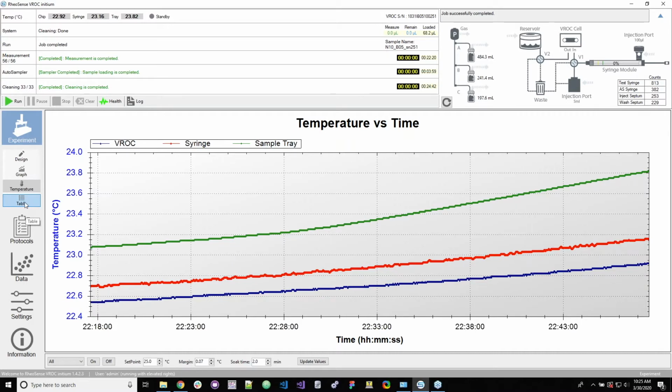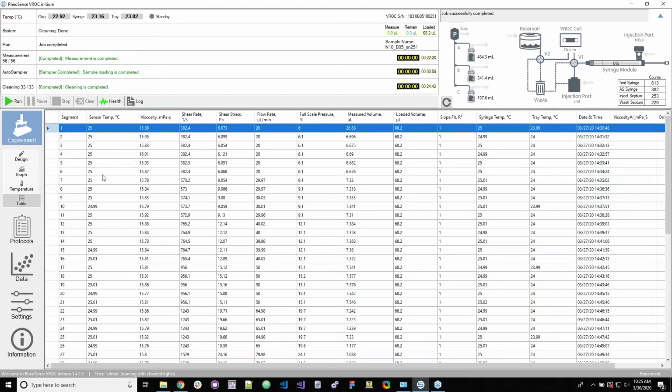And so this is just a real-time tracking. And then here we have the table tab, which will look similar to the data tab, but this is for that specific job in the experiment tab. So segment or measurement number, what the temperature of the VROC chip was at that specific run, the viscosity of that specific run, the shear rate tested on that specific run,